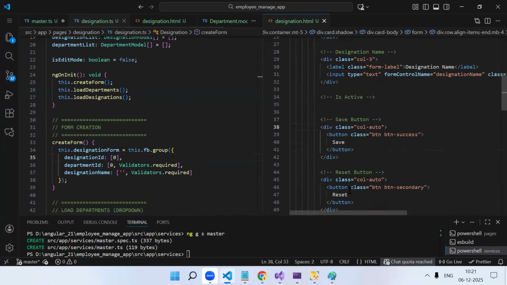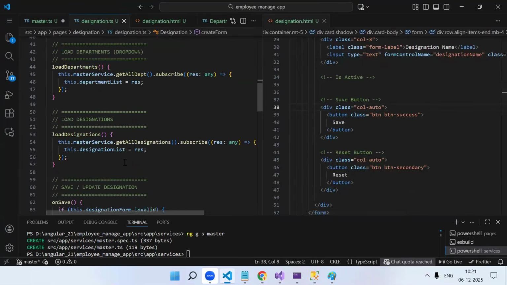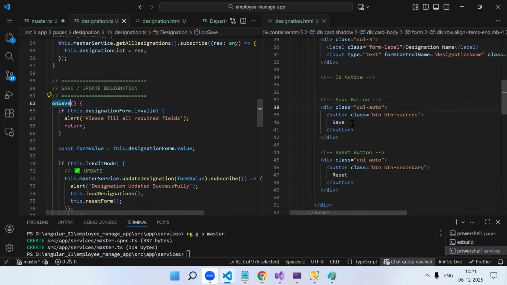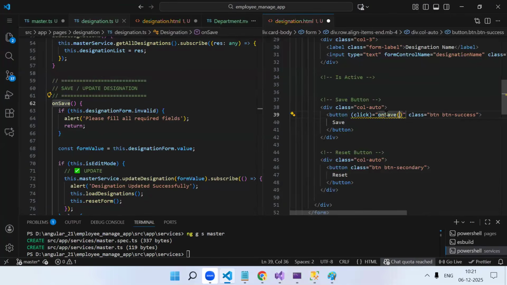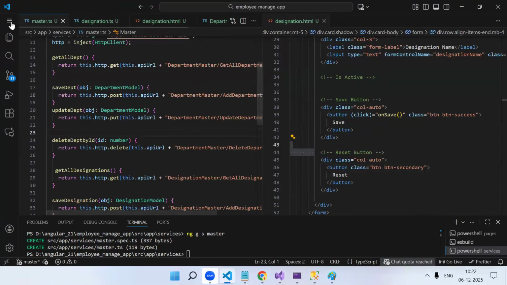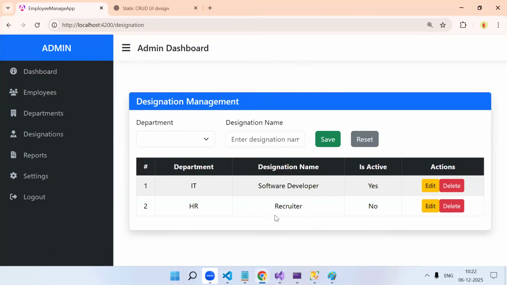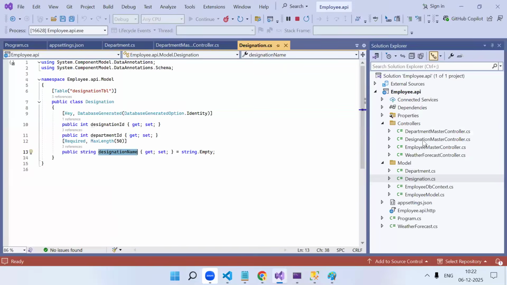Okay. Now we just need to call the respective function, on save function over here. Let's check. Wait, all designation does not exist. I think we didn't save the service. So save all. And our API,